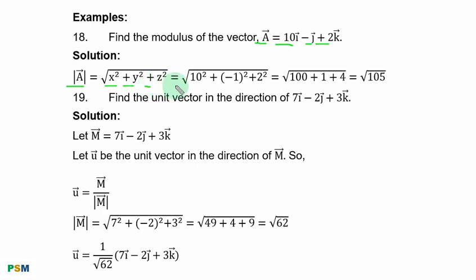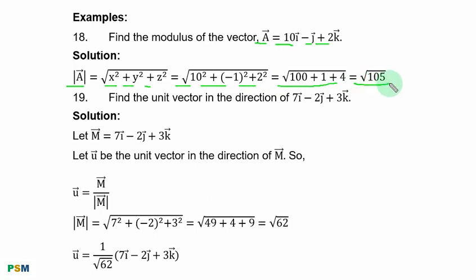You have square root of 10 squared plus minus 1 squared plus 2 squared. That is square root of 100 plus 1 plus 4,